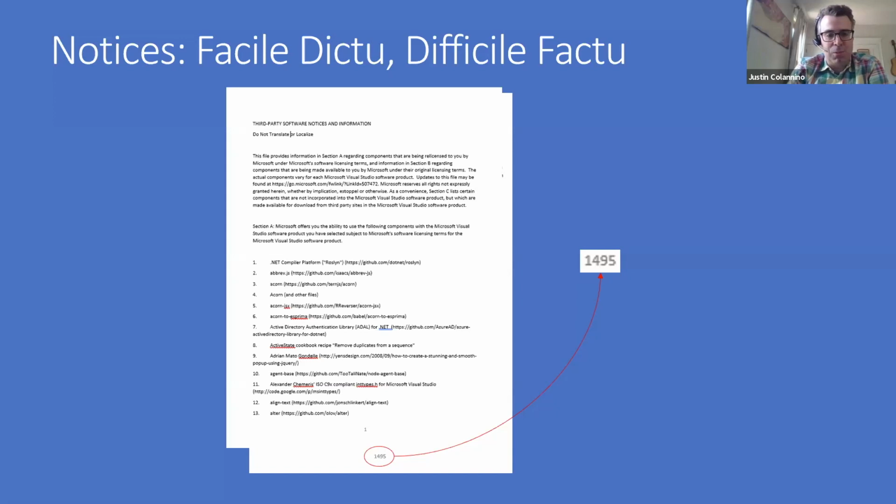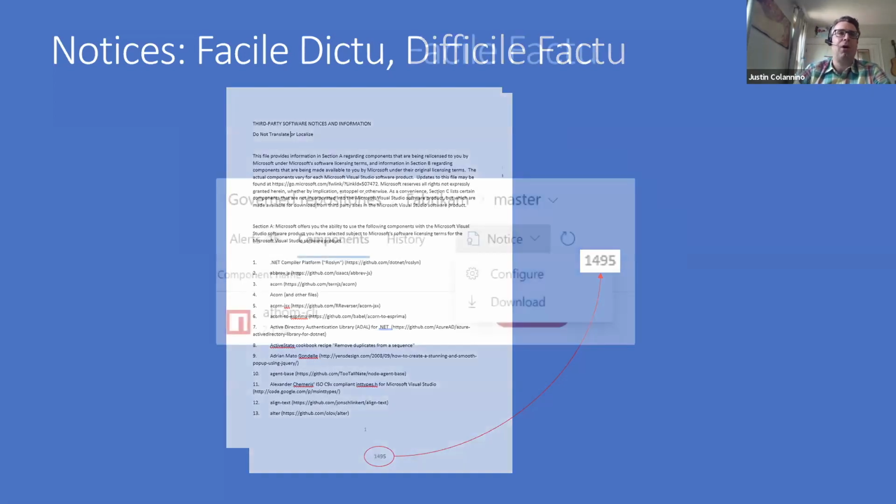Back when these licenses were created, it was harder to suck in 1,000 dependencies with an npm command. Let's put it that way. So it was easier to keep track of what you were using and put together such a notice file. Now that we're in the modern world, it can be really difficult. At Microsoft, we've solved this problem.